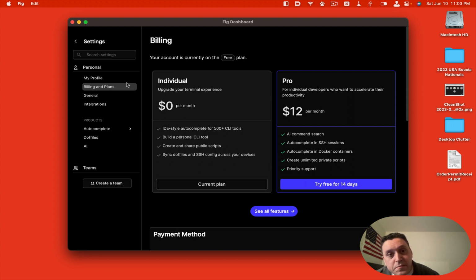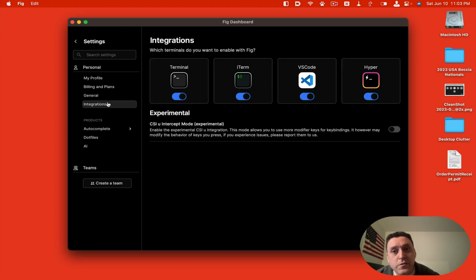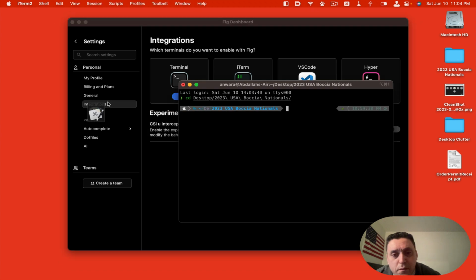I don't even think I've done much with my profile. Yeah, but that's all there is there. I think the only integration I've done is iTerm 2. It's turned on for all the other ones, but I've only used iTerm 2 with Fig, and as you saw a little earlier,